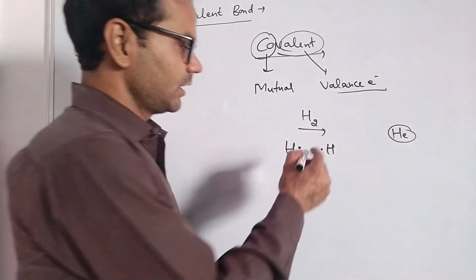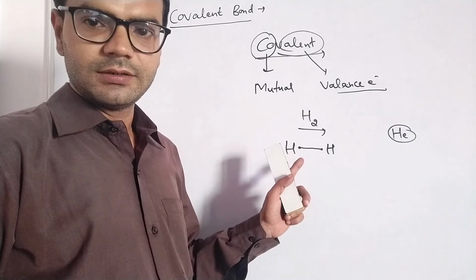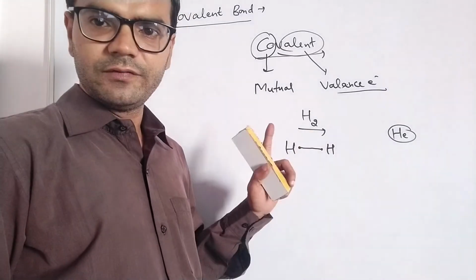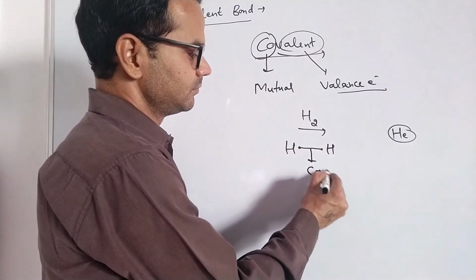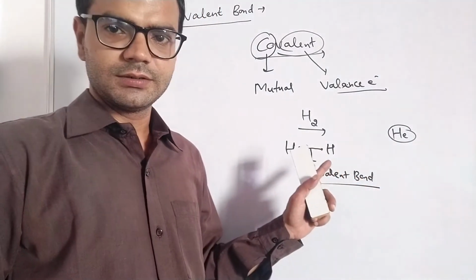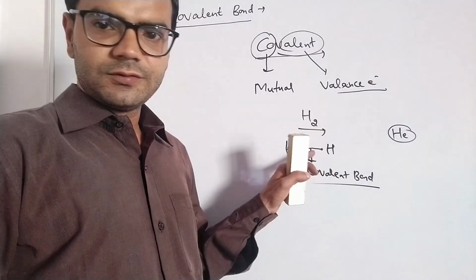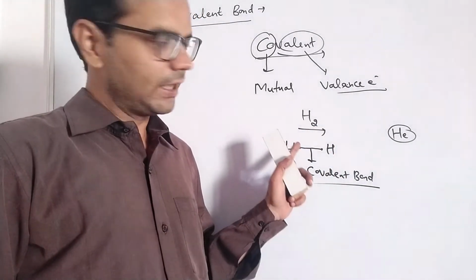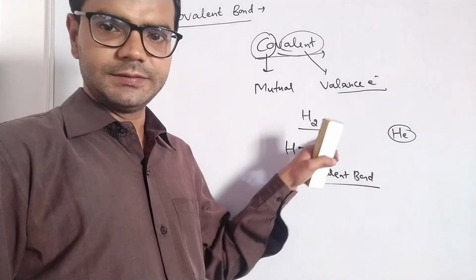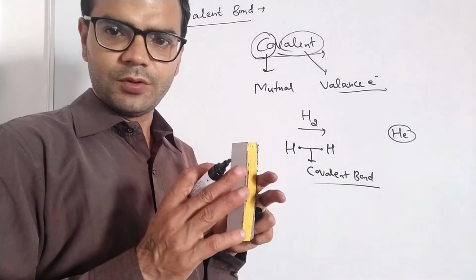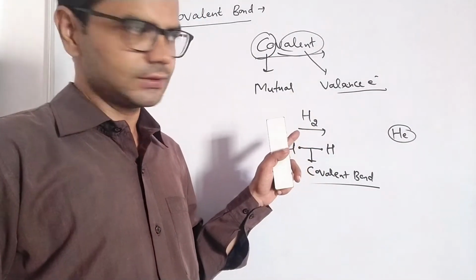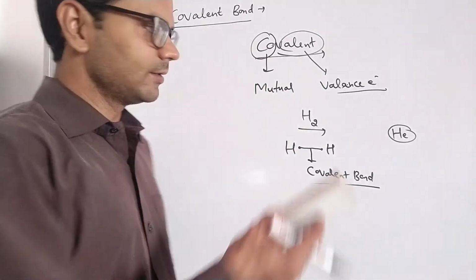So if both atoms share their electron, the bond is formed by sharing of electrons. Both hydrogen atoms have shared one electron. This bond is a covalent bond, right? And what type of electrons are shared? The electrons having opposite spin, to get extra stability. If this electron is revolving in a clockwise direction, this electron will revolve in anti-clockwise. Opposite spin means more attraction. So a covalent bond is formed by mutual sharing of electrons. Now, types of covalent bond.